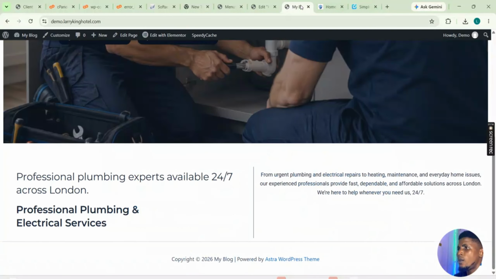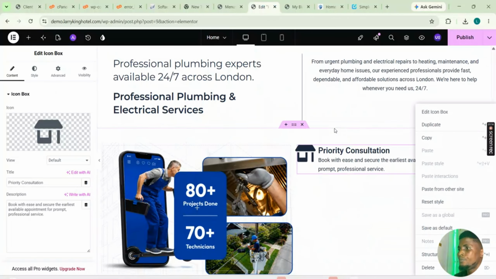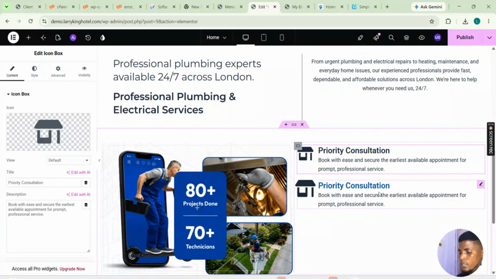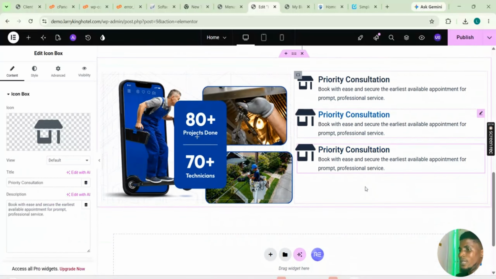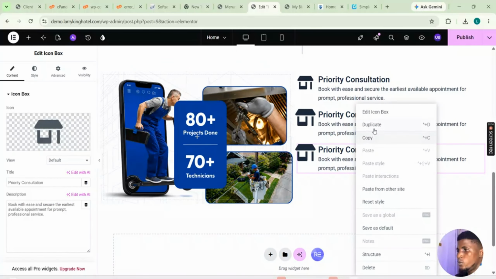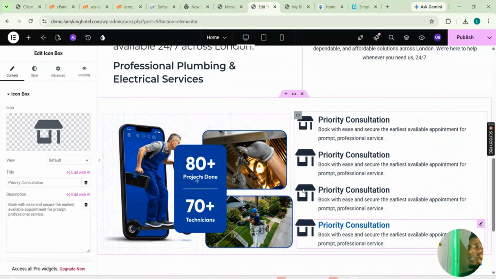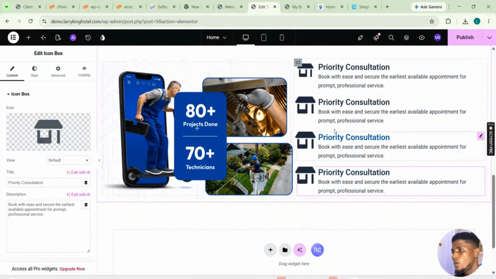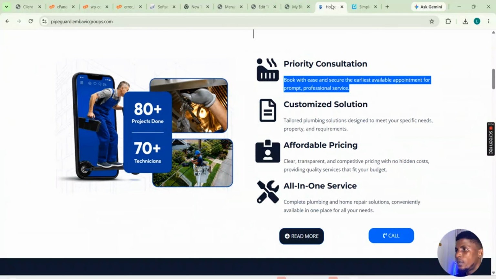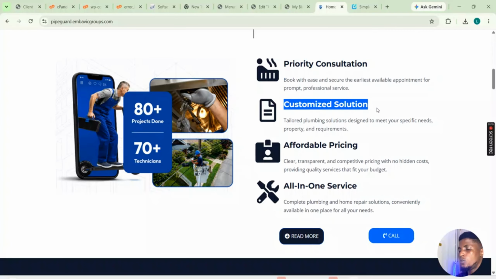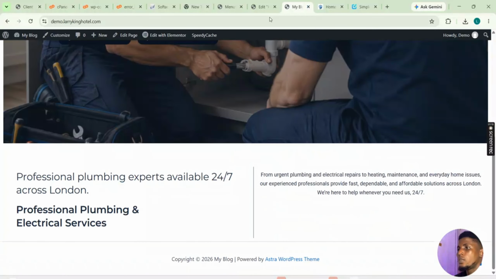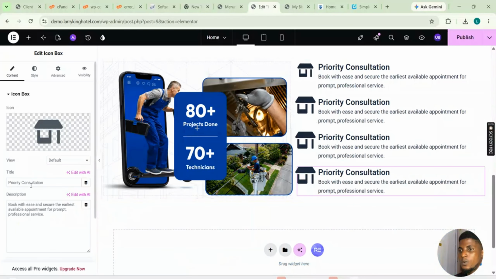What you should do now is to get the 4 ready. So now just duplicate it. Duplicate it once, twice, and three times. So what do we have now? We have the 4 ready. Once we have the 4 ready, we have to edit them one after the other. Come to home, you see customize solution. Customize solution, and we have this customize solution,